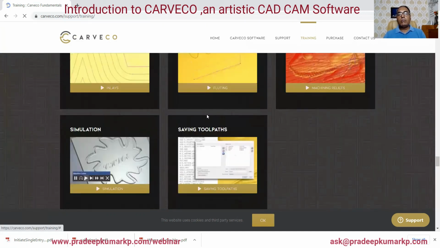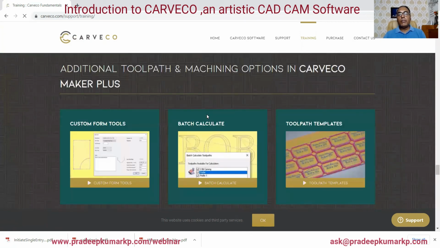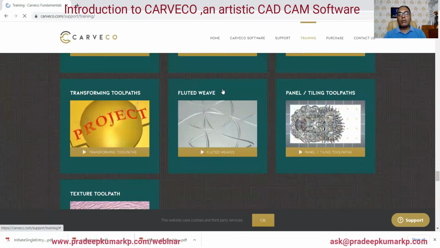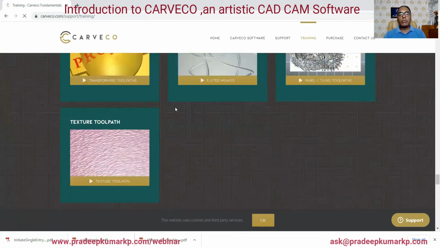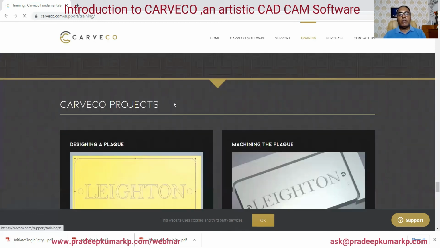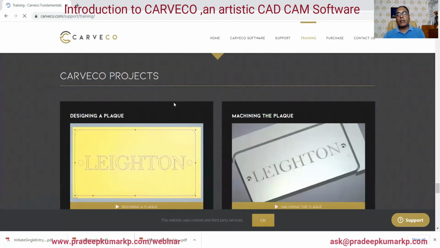So some exercises are given there, and also what additional toolpaths go with Maker Plus. In that, what options are available, regarding that also some training videos are available. So also given some of the projects that can be done